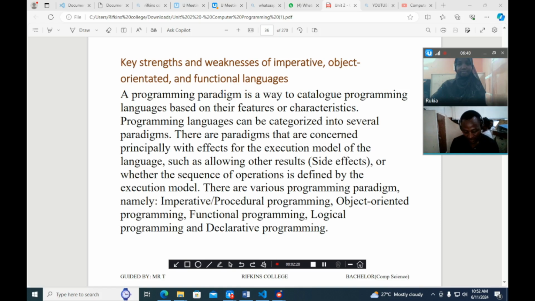Object-oriented and functional languages. So we're basically looking at the imperative. What are imperative programming languages? What are object-oriented programming languages? What are functional programming languages? What are their strengths? What are their weaknesses? So basically, when we talk about